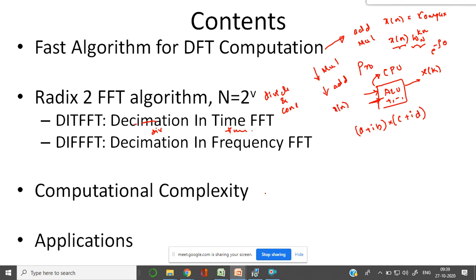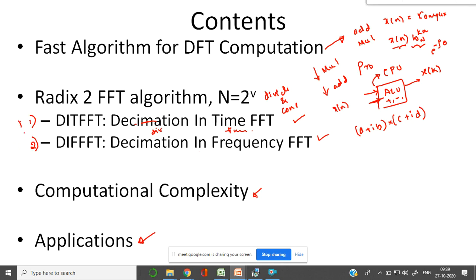Then we go for the next topic, computational complexity. Once we perform these two methods, we'll understand the algorithms in order to make that efficient, then we'll look into how the complexity has been reduced, right? Then followed by applications. So there are two applications that we will discuss at the end of this chapter, and hardly this is one important concept, another important concept.